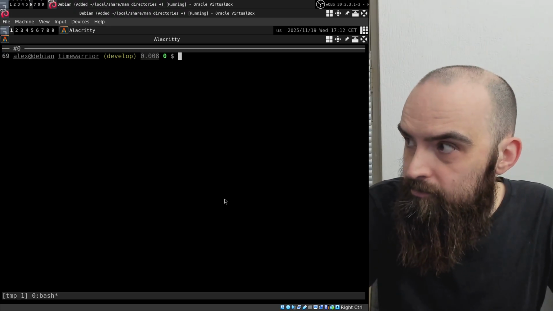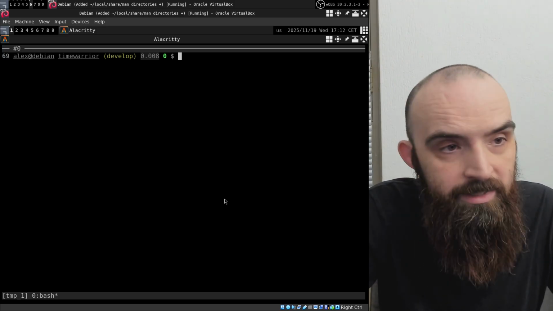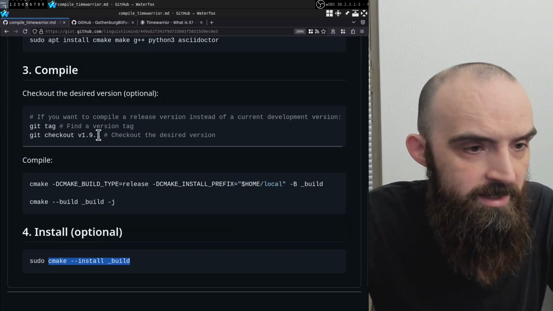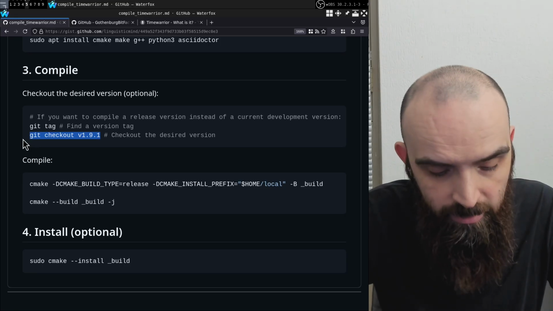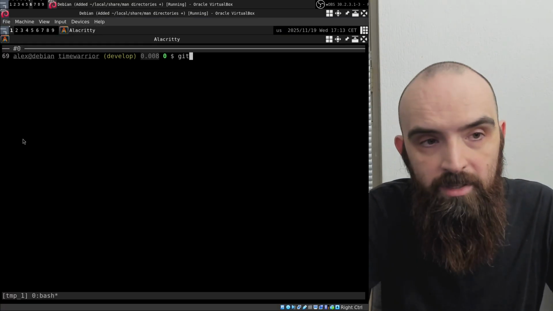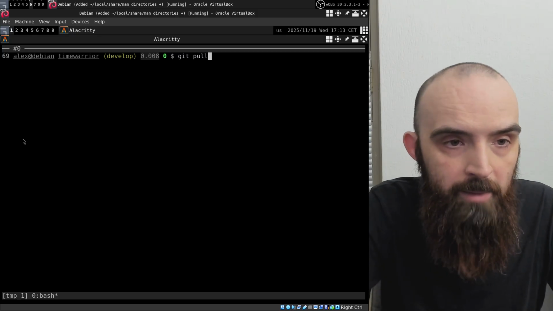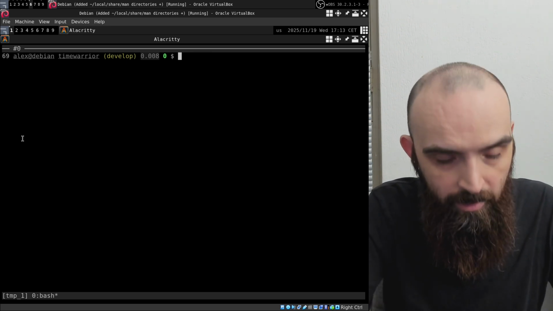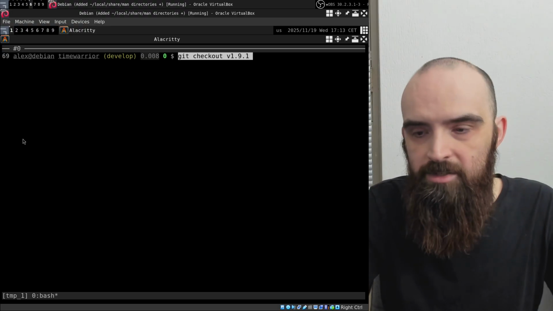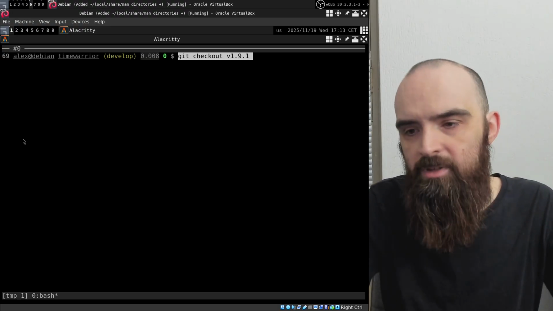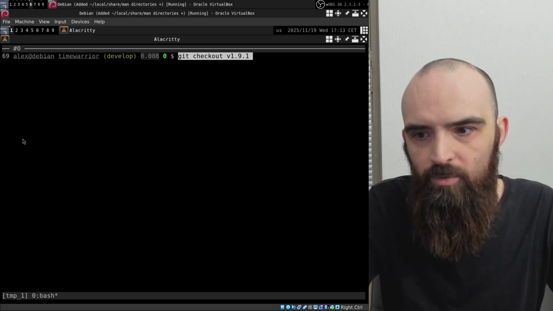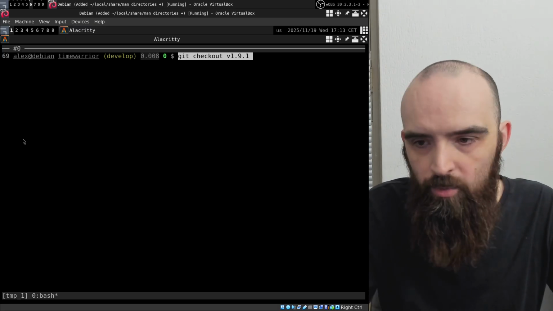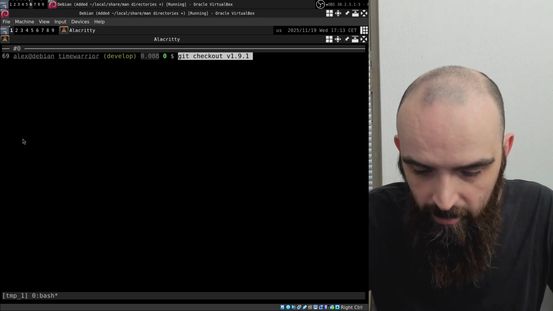So yeah, this is essentially it. For completeness' sake, let's try recompiling a different version. All you need to do, maybe you run git pull at some point and there are more updates, and you can just recompile right here. Or you can just decide, maybe you compiled a development version and there's an issue. That's actually something I had last time I compiled, version 1.7.1 it was at that point. But in this case it's 1.9.1, maybe you just change your mind, or there's a problem,